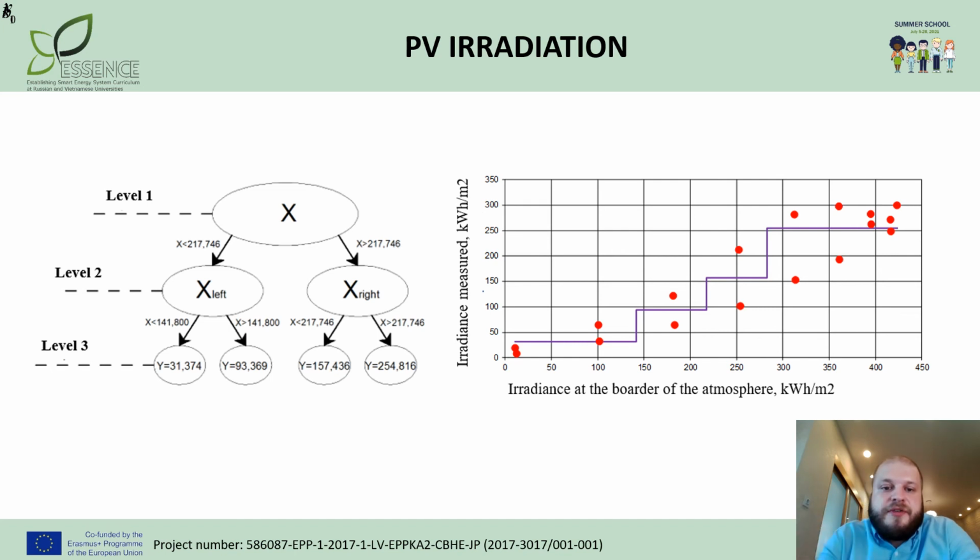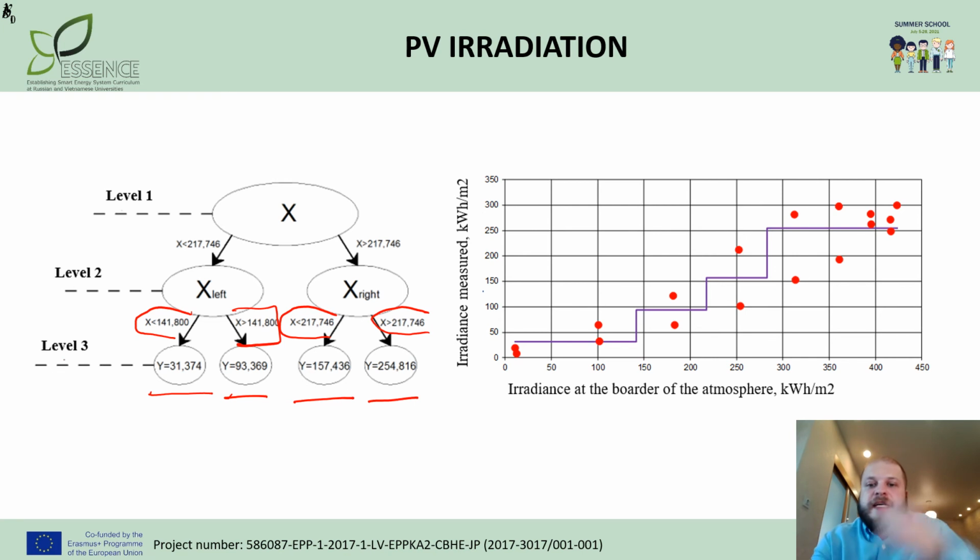The resulting decision tree has slightly different decision rules. We kept the same decision rule for the right branch of the decision tree, and for the left one we have a new decision rule, a new condition, and we produce another output. As we have introduced extra levels into the decision tree, we made the decision process smoother and more flexible. And here you see the step function